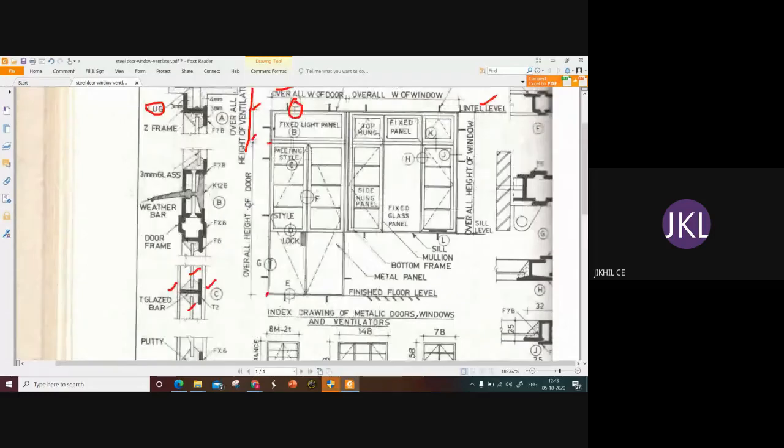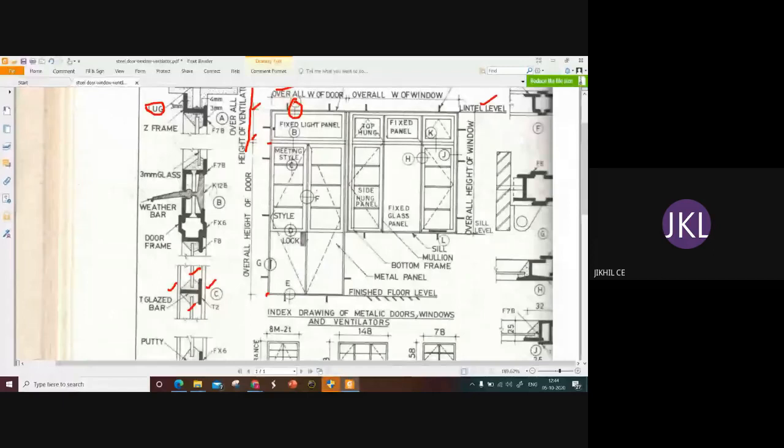Then after C, there are numerous panels: panel 1, 2, 3, 4, 5, 6, 7, 8, and D is the bottommost portion of this glazed portion, because below this glazed portion you have an entirely steel plate. So this is the steel plate area.